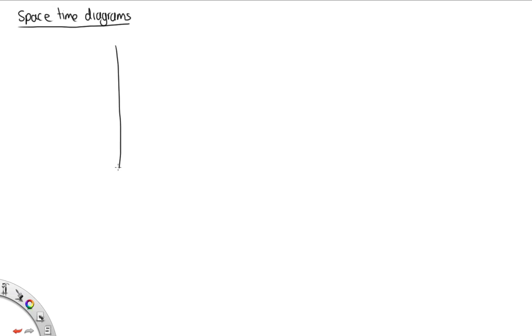Space-time diagrams are typically drawn with a space component, usually x, along the horizontal axis and a time component along the vertical axis. Now the time component is multiplied by c so that these have the same units. This is useful because now if we have a point P here, if we want to draw light rays coming out from P, they travel at c, and so they're going to have a gradient of 1 on this diagram. So these show light rays coming out from P. So this is actually referred to as the light cone